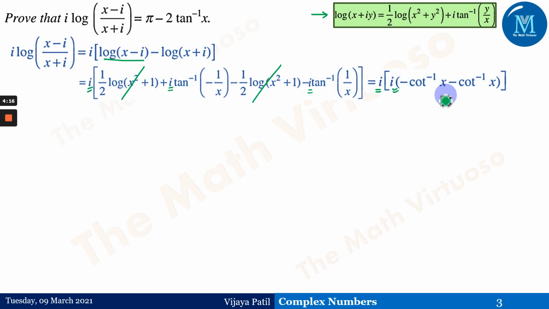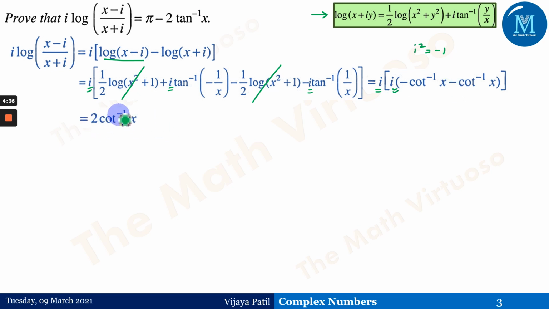minus of cot inverse of x, wherein this minus of tan inverse of 1 by x can be written as minus of cot inverse of x. And after getting this multiplication, this i will become i square, which is nothing but minus 1. So because of this minus sign, this minus cot and this minus cot becomes plus, and we will be getting